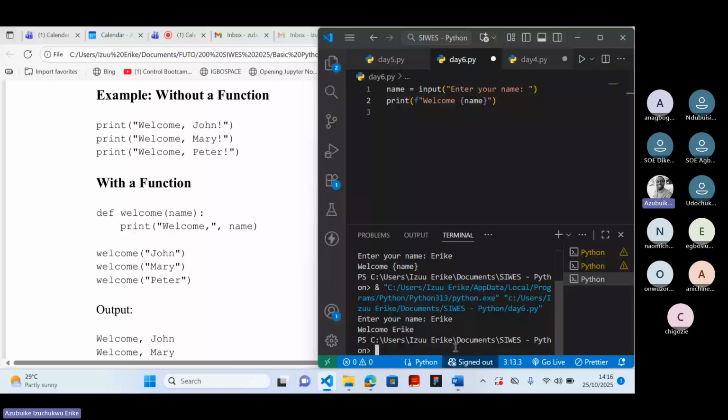Now, if I didn't use this and I had to enter any other name, that means I'm going to type this thing manually. But if I want to define a function that welcomes people, I wouldn't need to repeat this for every person that I want to welcome. So if I want to define a function that welcomes people,